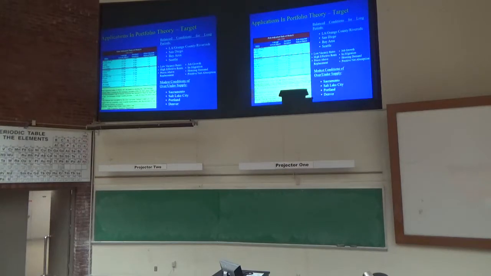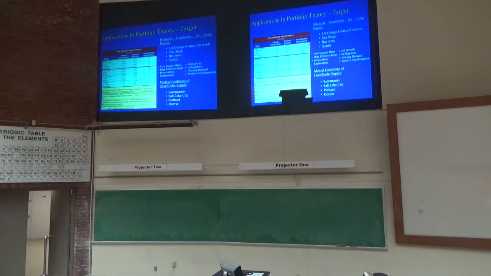And basically resorted and ranked the metro areas from the highest return to risk ratio to the lowest return to risk ratio. And basically came to the conclusion and told the board of directors that we should sell out of Riverside, Las Vegas, and Albuquerque, and we should sell out of Tucson, Phoenix, and Salt Lake City. And we should also sell out of Portland, Denver, and Sacramento.